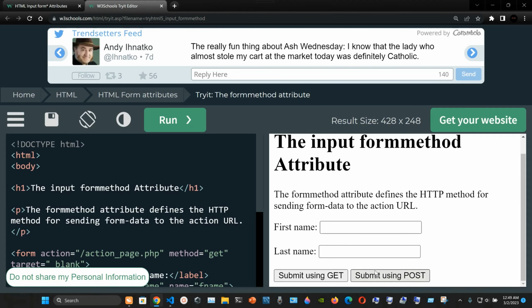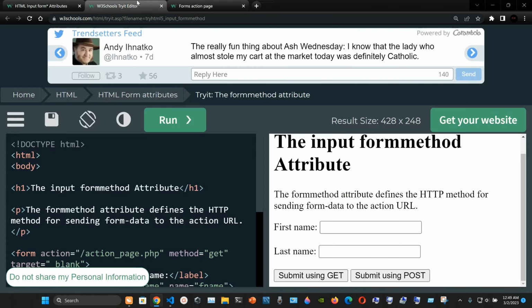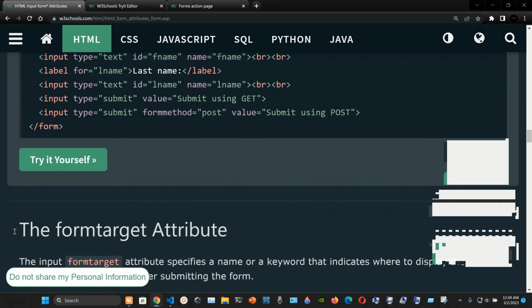And now let's see what happens if I click submit using post. Okay, so it's working here. Your input was received as, okay, so that is that. Now we're going to move to the